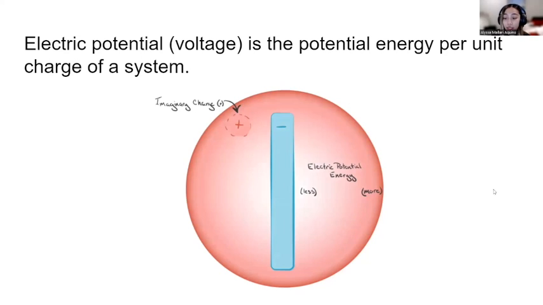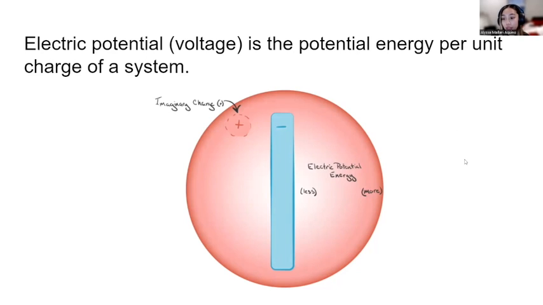we have a negative plate and an imaginary positively charged particle right here. As illustrated, there is less electric potential energy as the charge is closer to the plate in comparison to when it is further from the plate. From the definition, we find that similarly, the electric potential, which is defined as potential energy per unit charge, is also smaller when the positive charge is closer to the negative plate. And this is because the potential energy there is smaller than when it is further from the plate, divided by